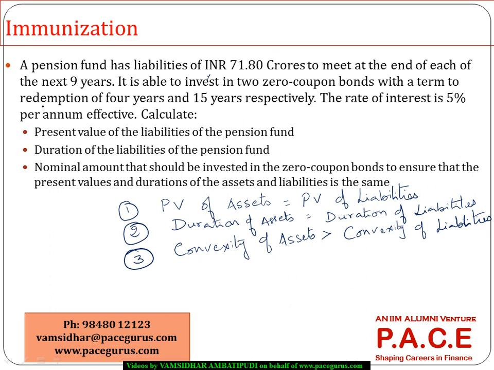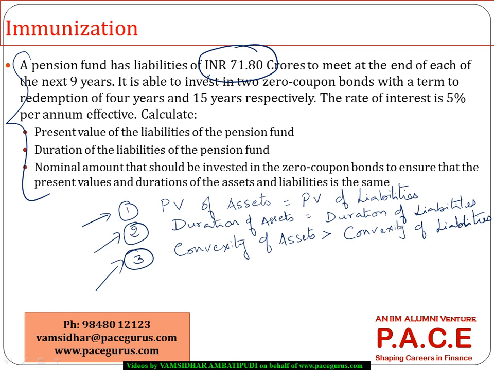So, if this is the fund we are talking about, how do I look at how many of the rules are being met for it? Are all three rules met? Or is only the first rule met? Or only the first and the second rules? That is what we really need to look at when we assess whether our fund is fully immunized. So, looking at that aspect for this numerical, there is a pension fund which has a liability